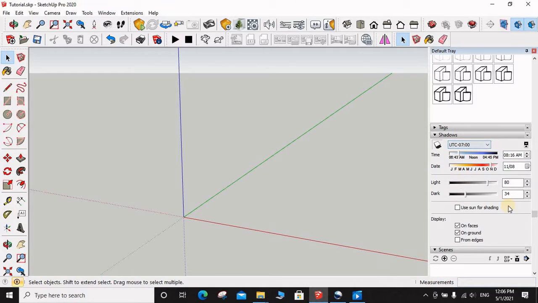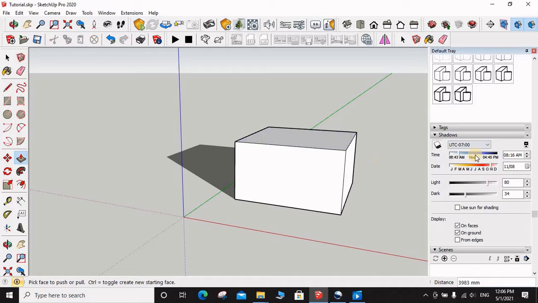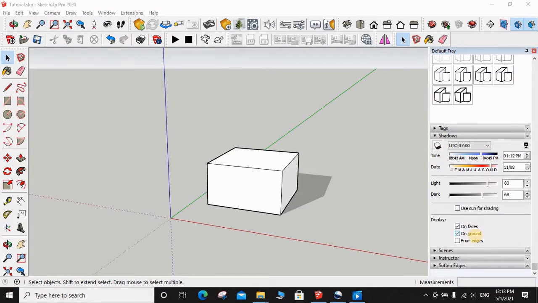This is also the shadow option, where we can set up shadow of different positions, as well as set up the darkness of shadow. Let's see, I'm going to make a 3D object for shadow. There is the position of shadow. Now we can change the position of it. Yeah, now we can make it light as well as dark.